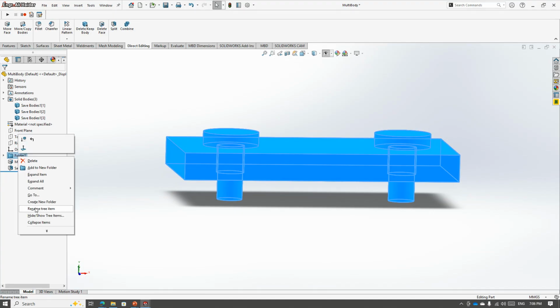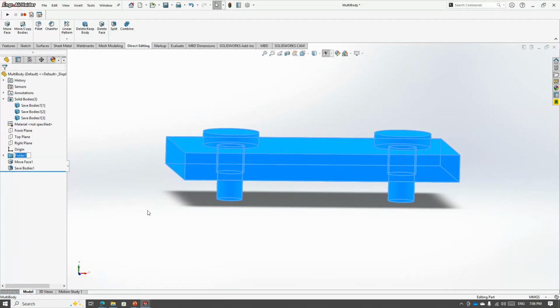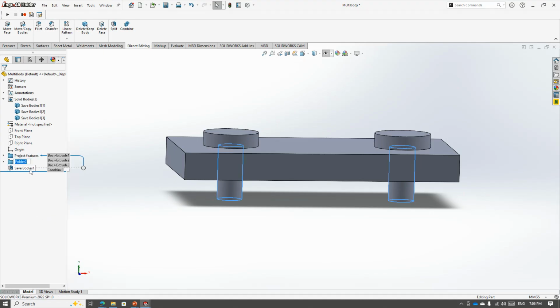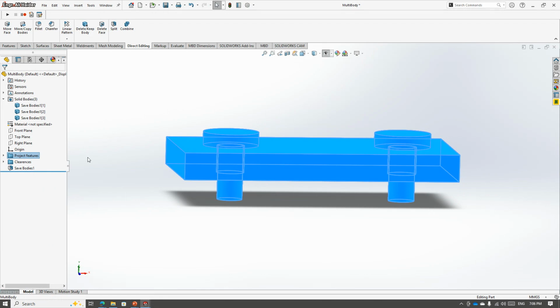I can rename it and give it a name as the project features, and I can add the move face command into another folder by specifying clearances. So this is how you can see all those clearances are also applied, and the features are again on